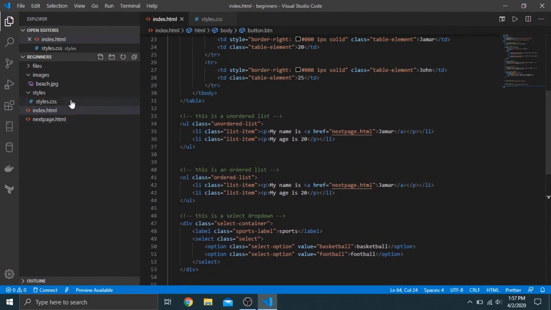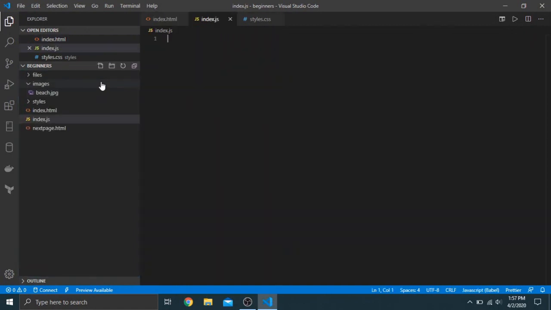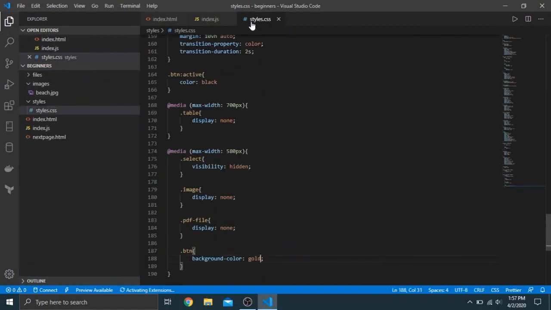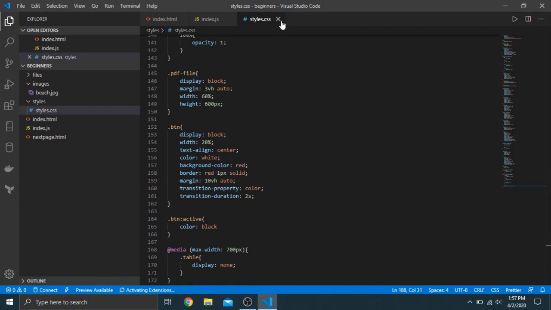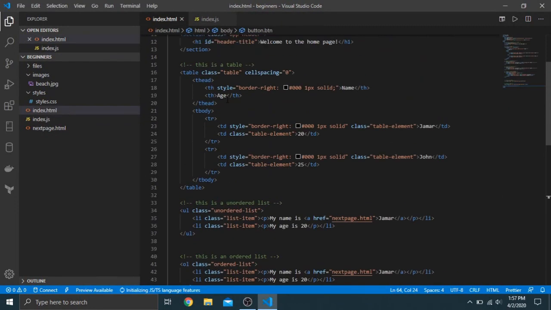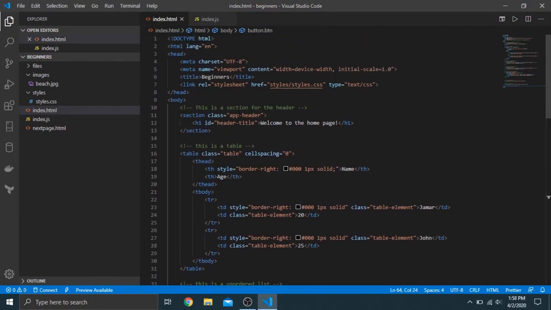So first, let's create a file, and we can just call this JavaScript. We can put this outside here, so we can do index.js. And in order to link this, we can close styles now, but in order to link this, we will want to do,